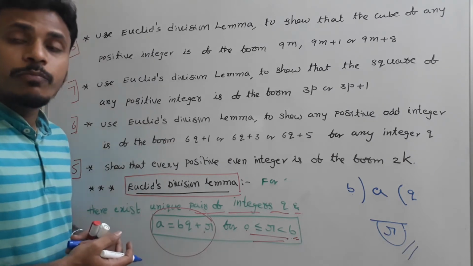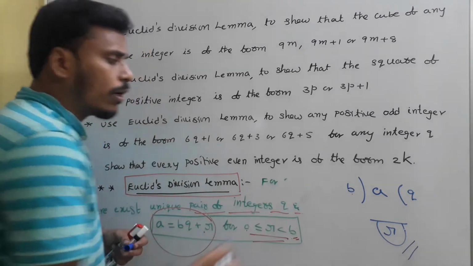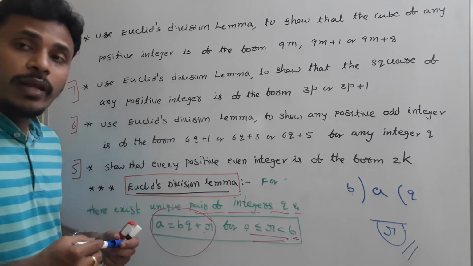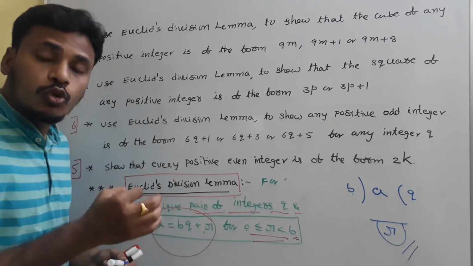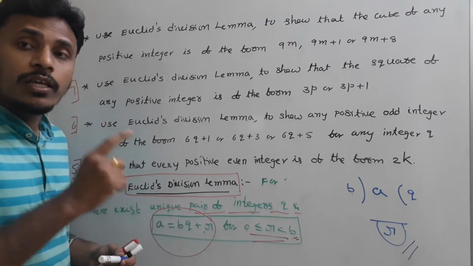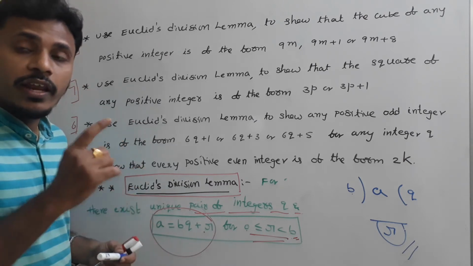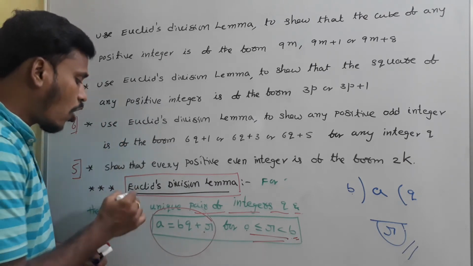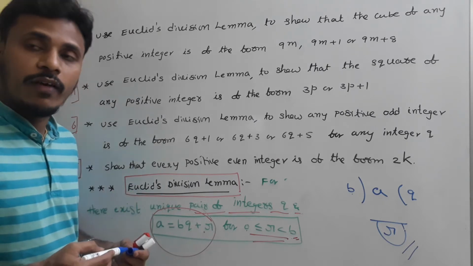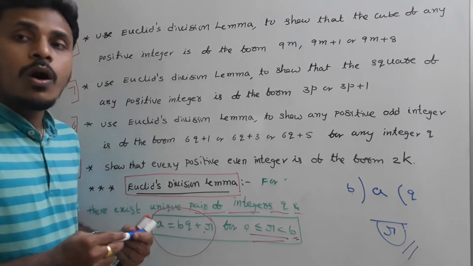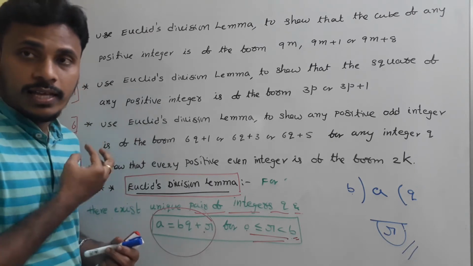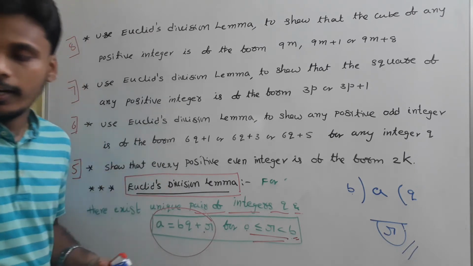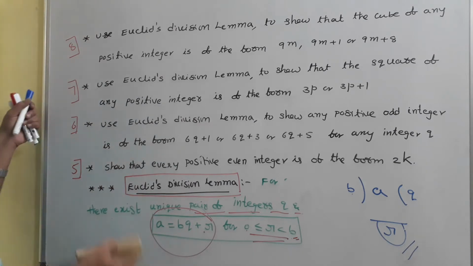We learnt in the previous class that if you take any two numbers as you wish, like a, b, for sure there exists one representation according to this Euclid's division lemma. For every pair of integers, one representation exists, and we discussed it in the previous class. Now based on that particular idea, we are going to solve these problems.